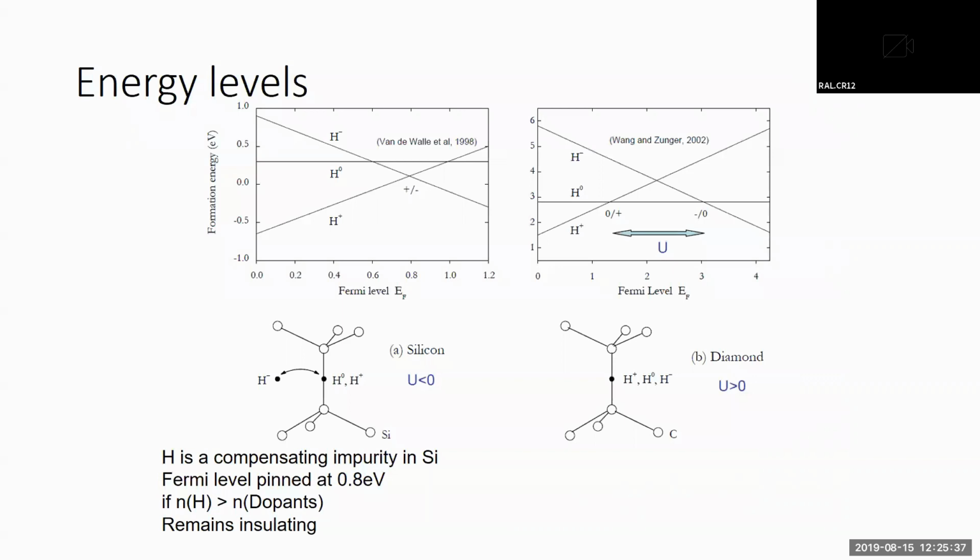But we can measure the energy levels by looking at the rate at which we capture electrons, as a function of temperature and so on. Get the activation energy out, and then get the energy. There are more direct ways to do this, which Roger will go into. There are some other examples, like diamond, which is a positive-U system. There is then a range of Fermi energies in which the neutral state is the stable one. So in fact, this tells you that if you have hydrogen in silicon and have enough of it, it would actually pin the Fermi energy at this value of about 0.28 eV, and compensate out any of the dopant.